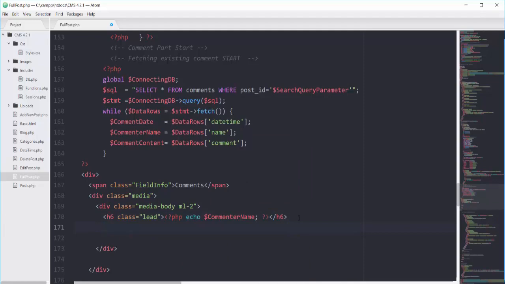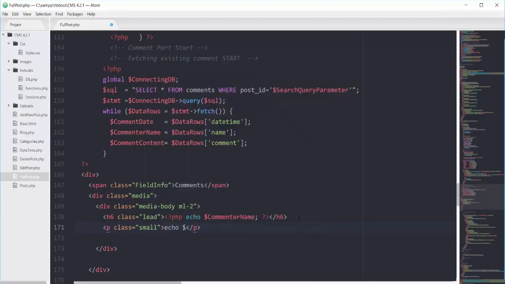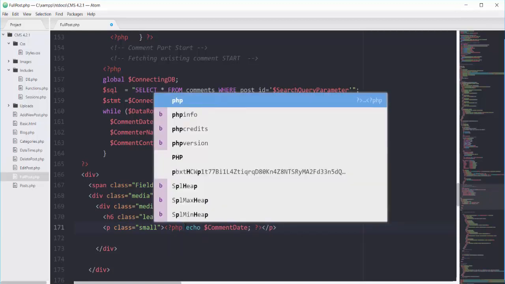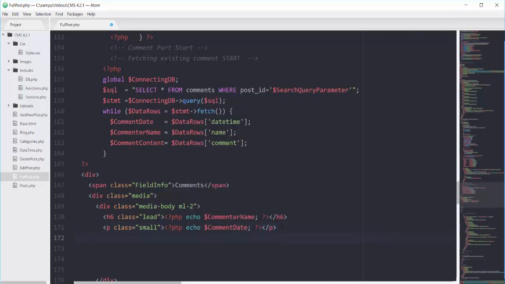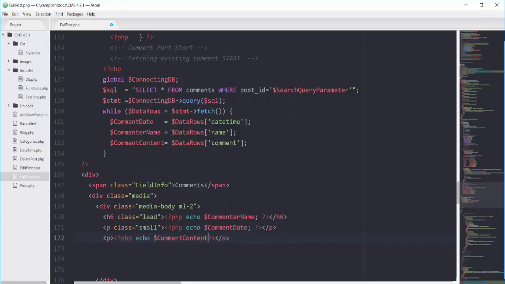Then we will have one p tag with the Bootstrap class of small, and we will echo our comment date here in a PHP scope. Then lastly we will have another p tag in which we will echo the comment content here.